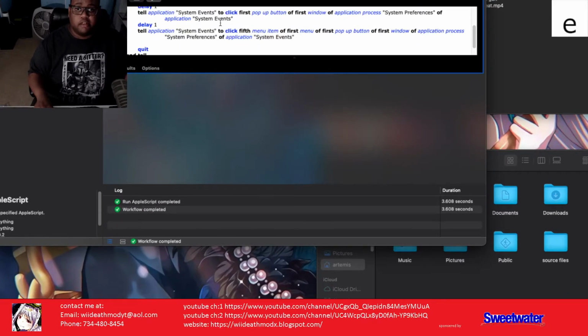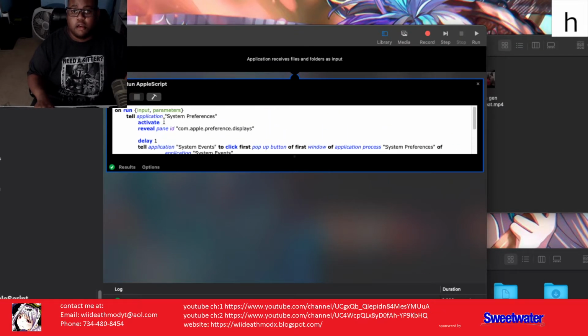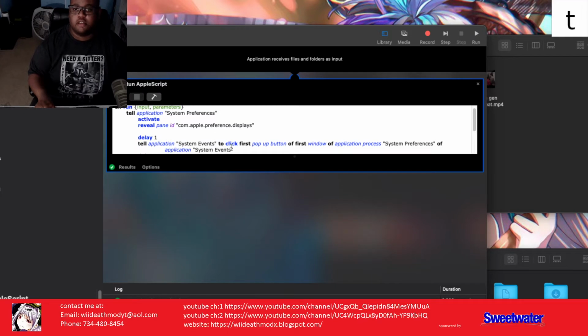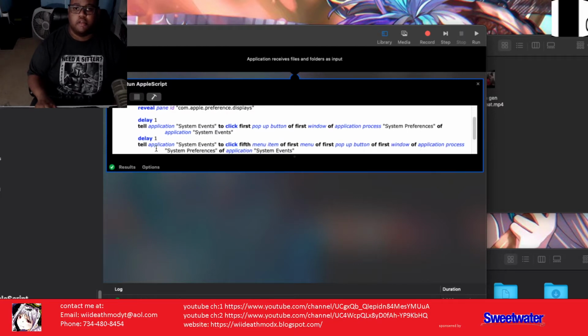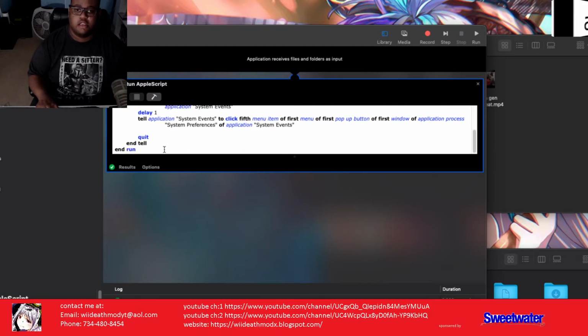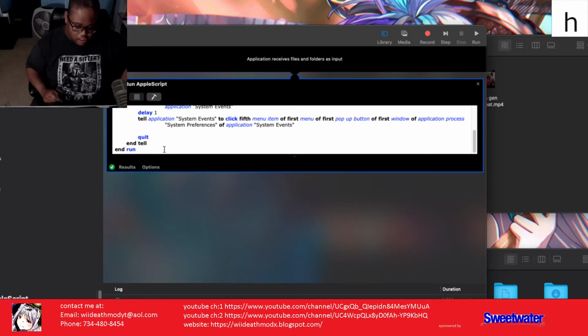This script is basically: on run input parameters, tell application System Preferences, activate, reveal pane id com.apple.preferences.display, delay 1, tell application System Events, click first pop-up button of first window of application process System Preferences of application System Events, delay 1, tell application System Events to click 5th menu item of first menu of the pop-up button of the first window of the application process System Preferences of application System Events, quit, end tell, end run. And just to let you know,